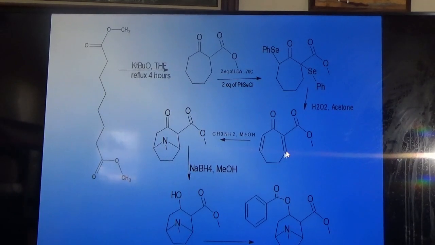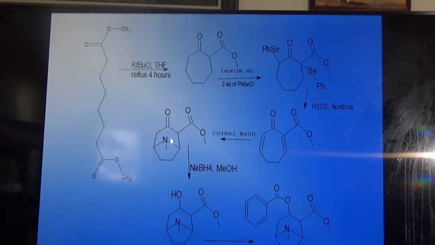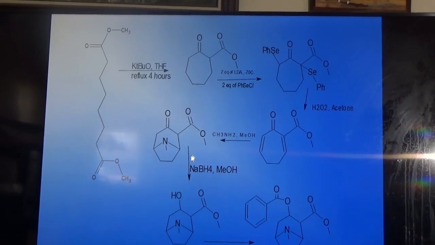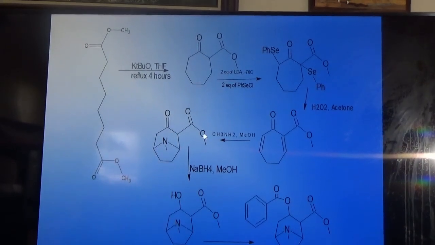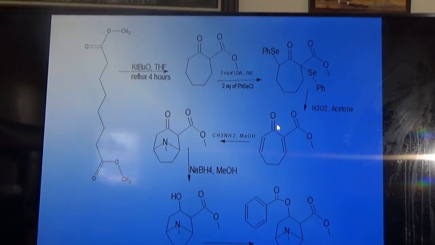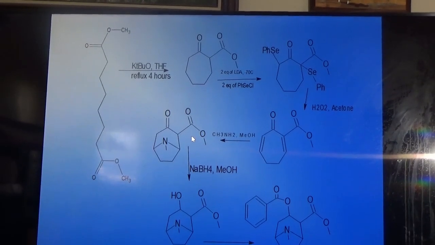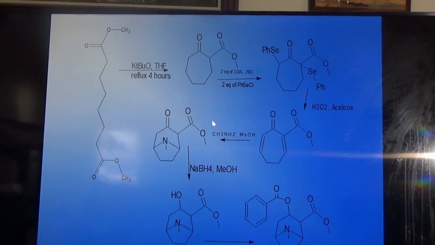Methylamine adds first here, and then the nitrogen adds here to get the di-addition. So it's a double Michael addition, but much faster than without the ester. Without the ester, it is slower. With the ester, this double bond is activated more. You get almost 90 to 95% yield. In 5 minutes, the reaction is over. You can isolate the product, and there you have the desired compound.